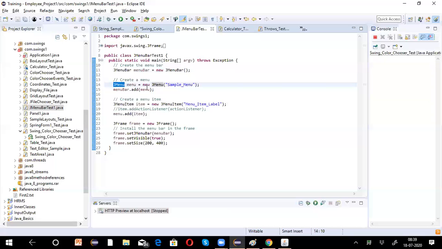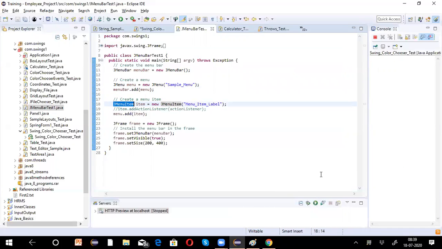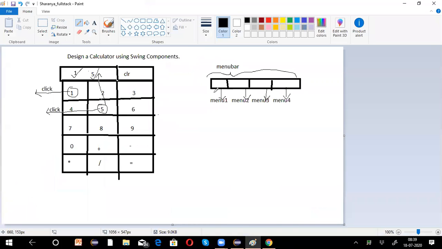JMenu, add it. And menu item. Now inside the menu, if you have any item inside the menu, now it is a first menu. Now inside this you will have menu items. All these are nothing but menu items.